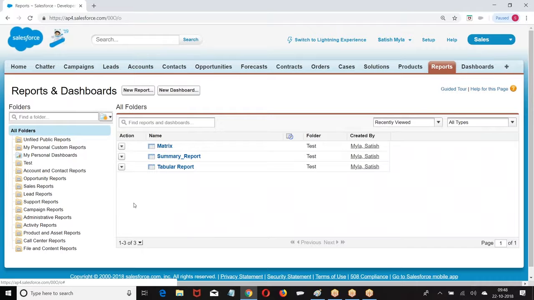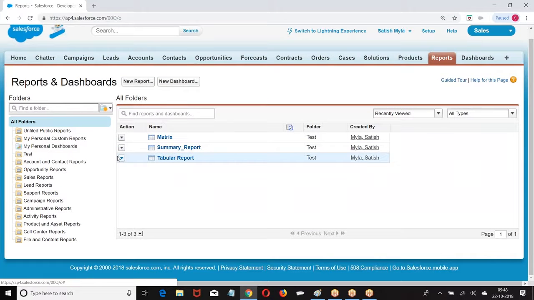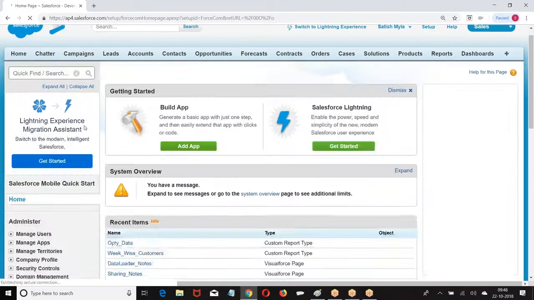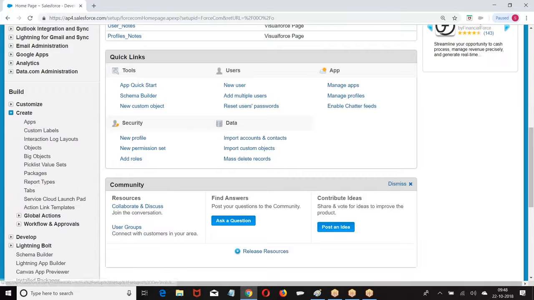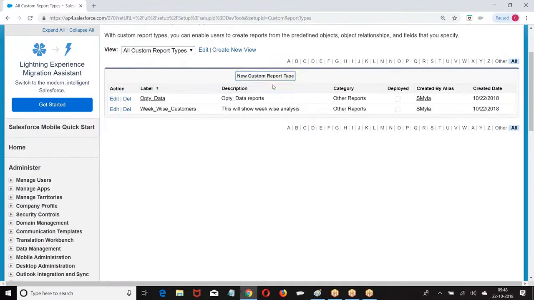Then we are going for a joined report. What is the joined report? Let me give an example. Setup, build, create, report type.